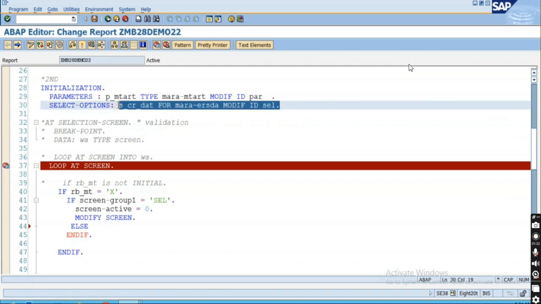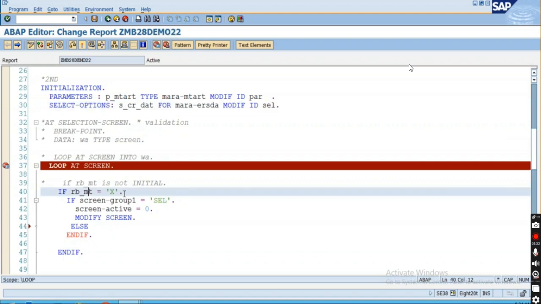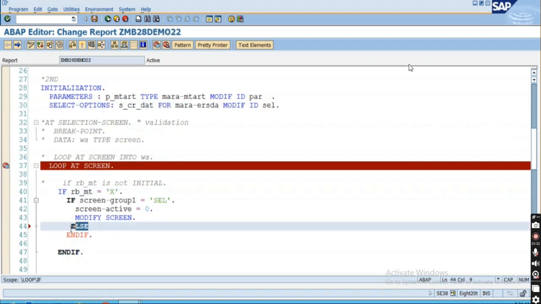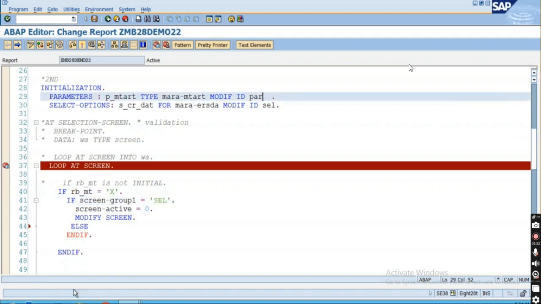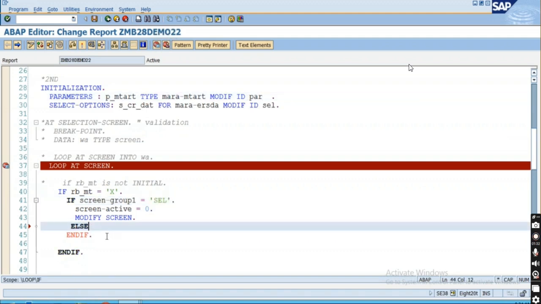So the first requirement is done. But suppose this group one is not SCL, then it will be PAR. So in the case of screen-group1 being PAR,